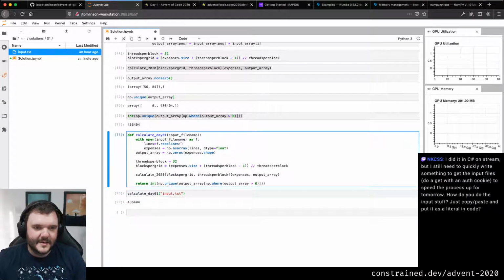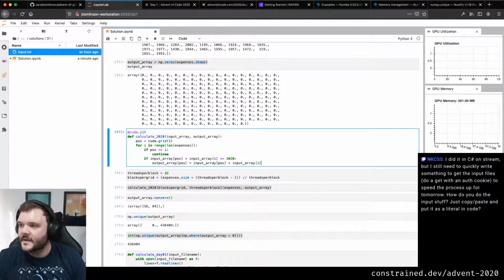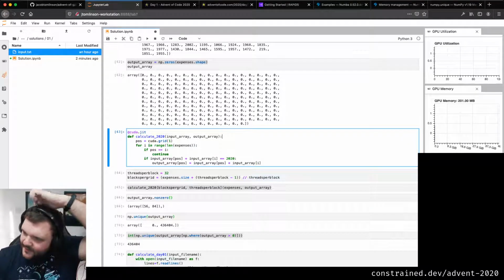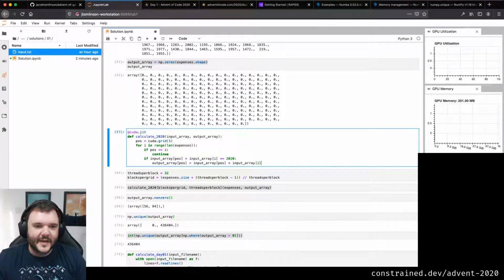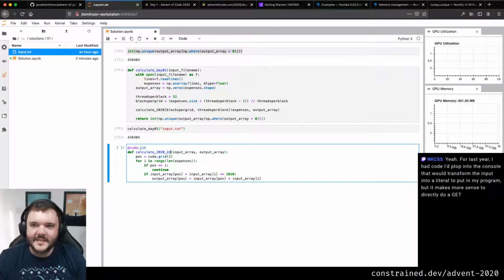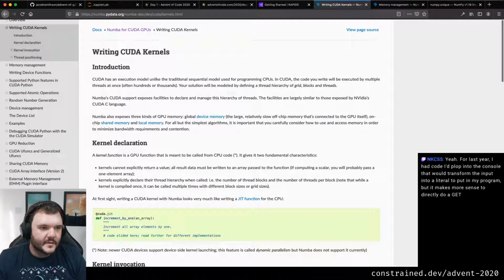So I now need to do the same kind of thing. Now this is where doing things in multiple dimensions would make a lot of sense, right? I might even move on to that in the next step, because I did this for loop, which is unpleasant. I might even, shall I do that? I'm going to try doing this in 2D, just out of curiosity, because it would make more sense. So let's come back up here. I'm going to head to writing CUDA kernels, thread positioning.